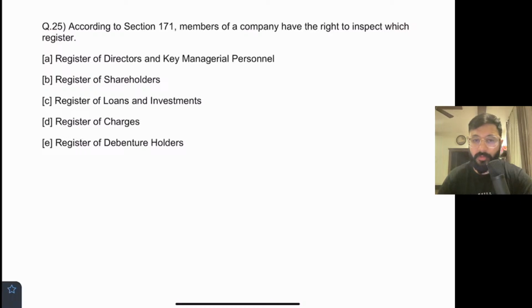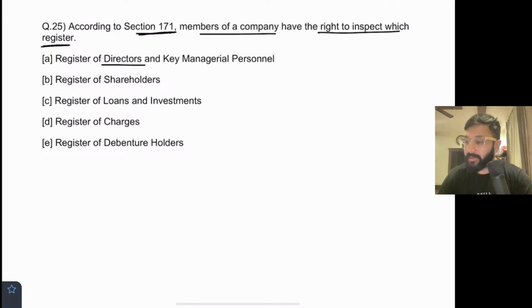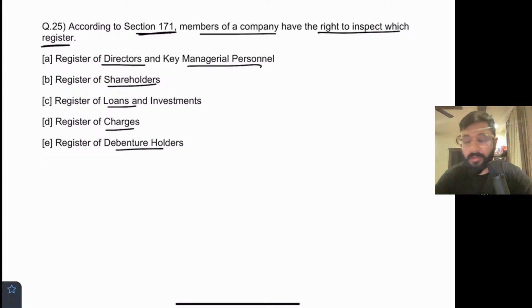क्वेश्चन नंबर 25, नेक्स्ट क्वेश्चन पे आते हैं। According to Section 171, members of a company have the right to inspect which register? Register of directors and KMP, registers of shareholders, loan and investments charges और डिबेंचर होल्डर्स। मेंबर्स कौन सा रजिस्टर इंस्पेक्ट कर सकते हैं? शेयर होल्डर्स तो मेंबर्स ही होते हैं, तो ये तो हट जाएगा। और सेक्शन 171 की बात हो रही है। क्वेश्चन नंबर 25,